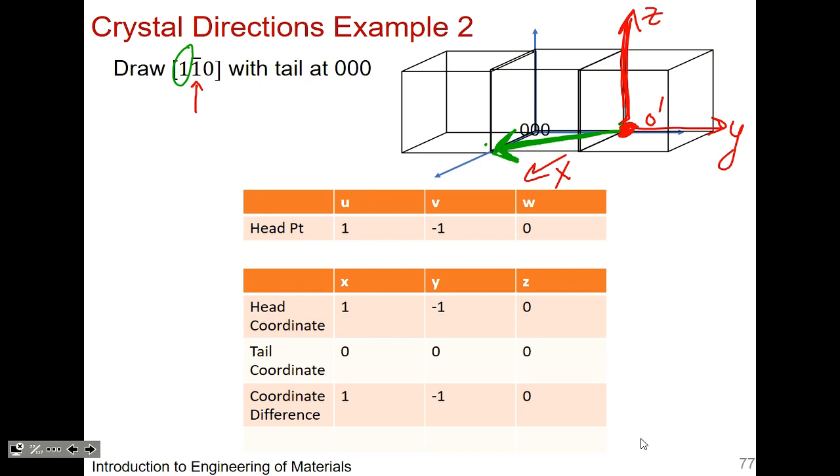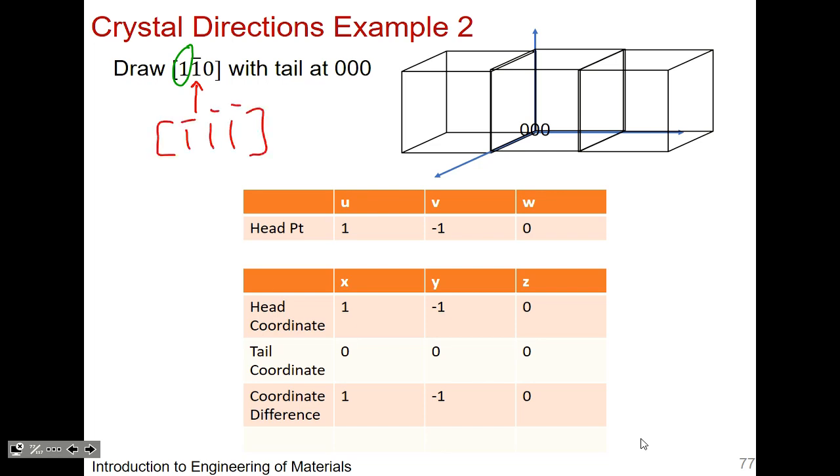Okay? So let's do an example of that. So what if you had bar 1, bar 1, bar 1? How would you do that? So let's say we shift it. Let's say you do something like this. All right? So I shift it here, Y and Z. So now this is my new origin. So then if I move bar 1 in X, bar 1 in